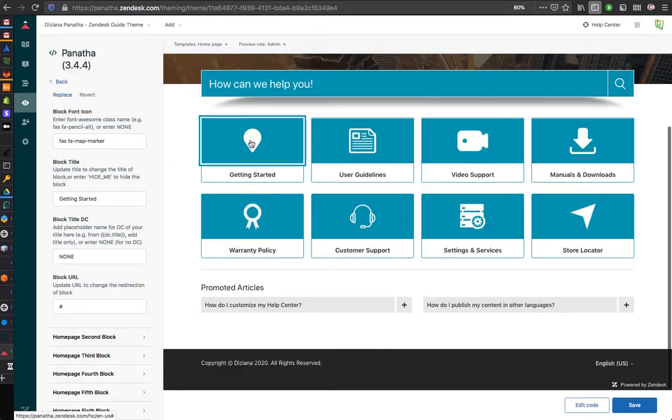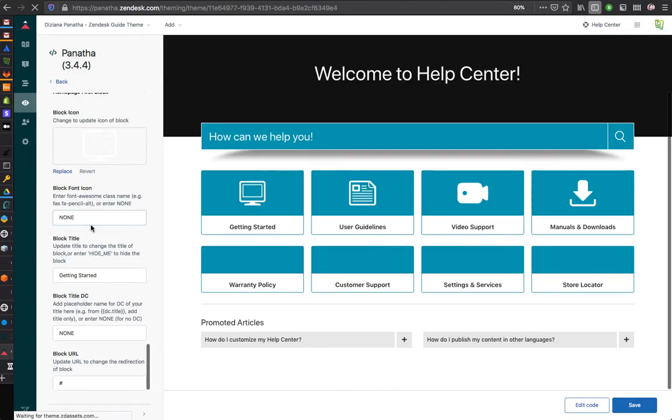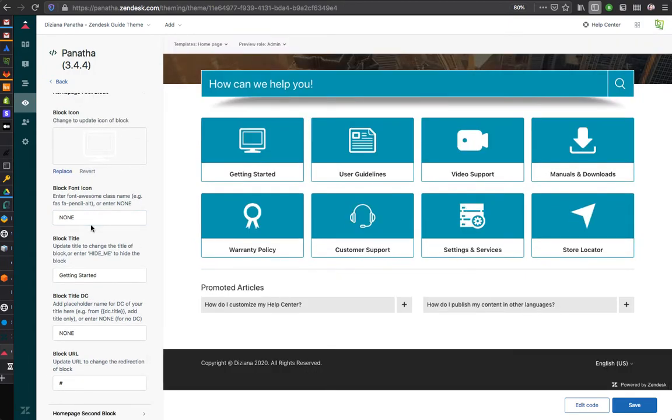So you can see the icon has changed. So you can use Font Awesome icons in your theme. You don't have to use the PNG images. It's actually recommended that you use a font icon, because unless your branding guideline wants you to use custom images, we recommend that you use Font Awesome, because it's a huge library. There are thousands of free icons, and they are consistent with each other.